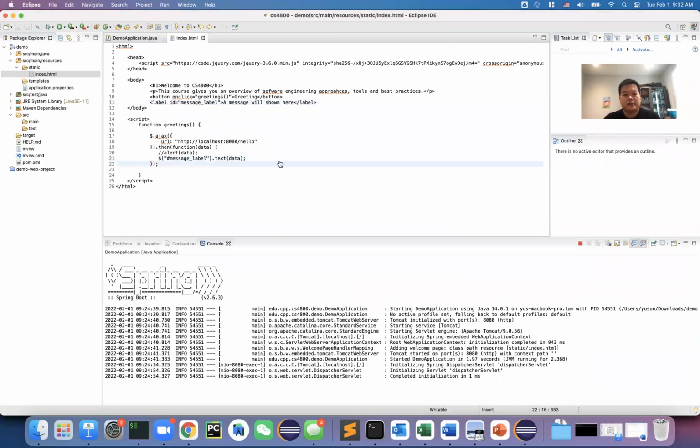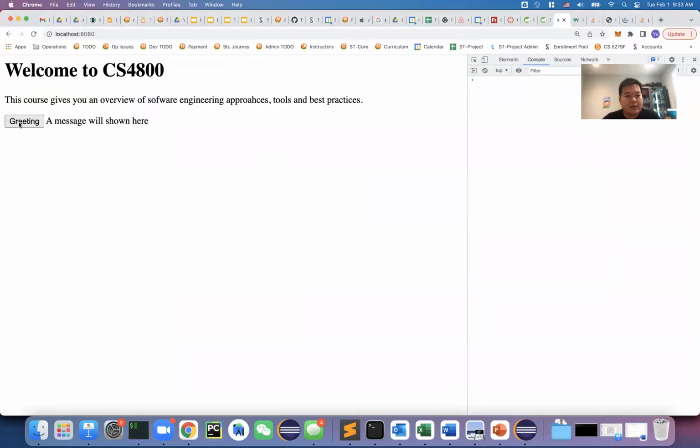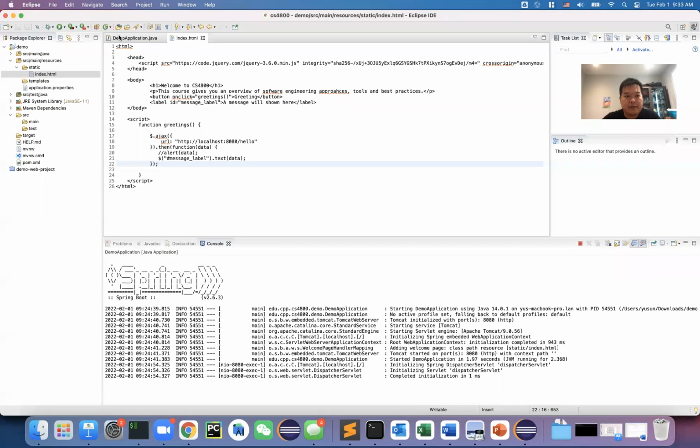All right, so save everything. Good catch, guys. All right, refresh and then click on the button. And as you can see, this one got updated. All right, so it's a really simple example, but it shows that my front end page is actually interacting with my server. Okay, so for example, if I'm actually going back to change my server here,